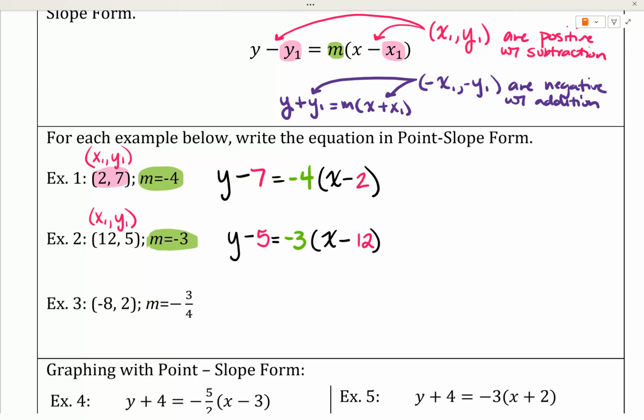And then for example 3, we have negative 8, 2, so x1 is negative 8, y1 is a positive 2, and our slope is negative 3 over 4. So we have y minus 2 equals negative 3 over 4, x minus, and then we have a negative 8 as our x1. But again, that double negative